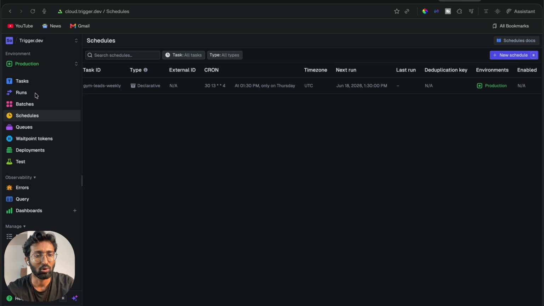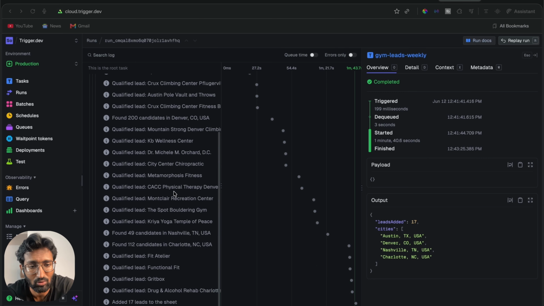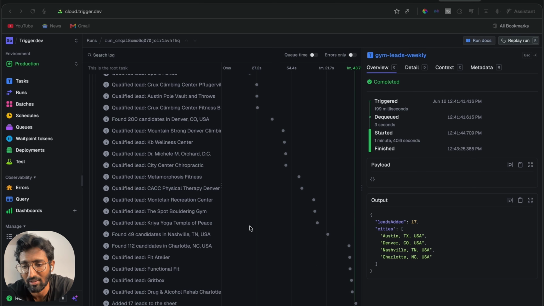Great. Now let's go to runs to check if it has run or not. It shows how it has run. The first attempt, which was for 1 minute, 39 seconds. It ran for cities for this run. Sheet already contains 30 leads. Found 166 candidates in Austin, qualified late. So it shows up right here and it shows the cities that it has gone through: Austin, Denver, Nashville, and